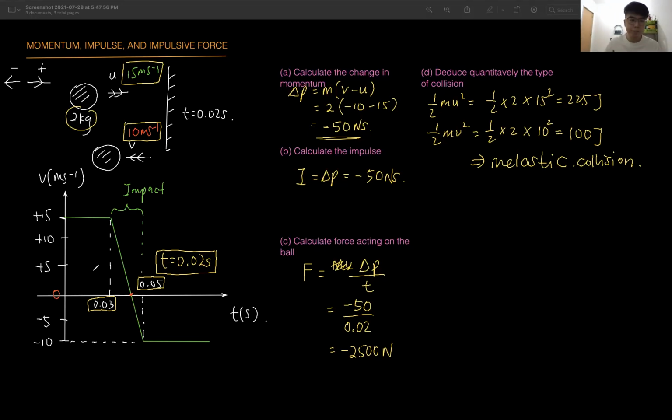If it were an elastic collision, how does the graph look? For an elastic collision, meaning that it travels at 15 meters per second, after the bounce it is also 15, right? Then your graph will look symmetrical, up, down. So this one is plus 15. This one will extend to minus 15 as well. This would be an elastic collision graph.